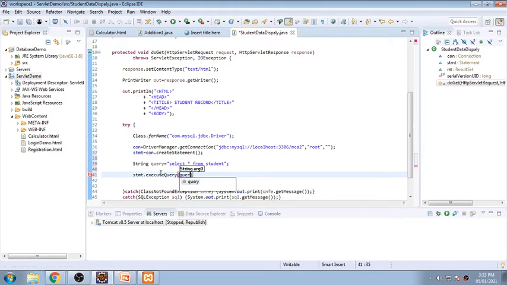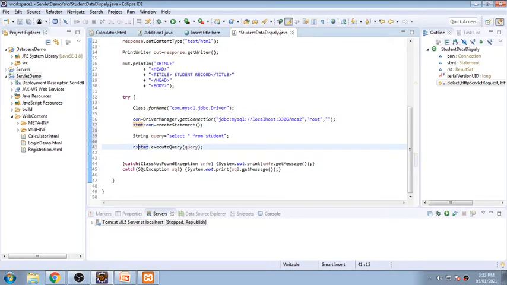So I'm passing this query into executeQuery, and whenever I pass this query, I need to store the result, because here the query will be fired and data will be retrieved. Where to store it? A buffer should be there. The buffer is nothing but a ResultSet object. So ResultSet RST is equal to stmt.executeQuery. The query will be fired, and I will get all my records from select star from student, and they will be stored temporarily in my ResultSet. So now everyone is clear with this one? Okay, shall we move further now?